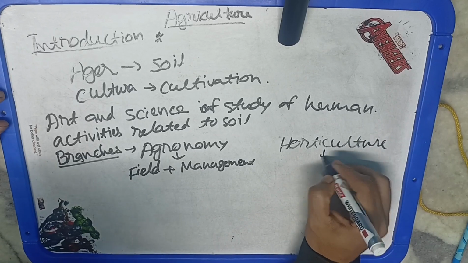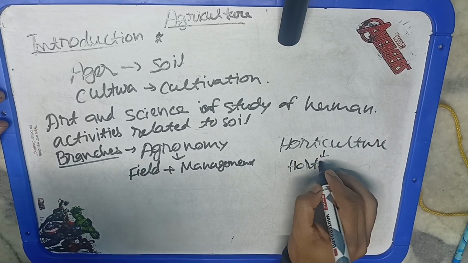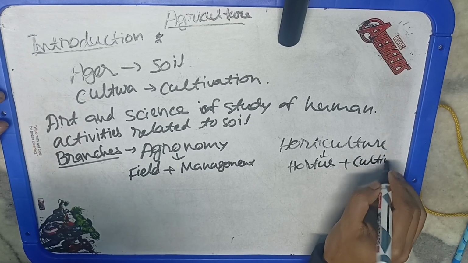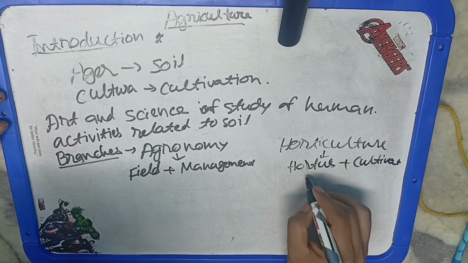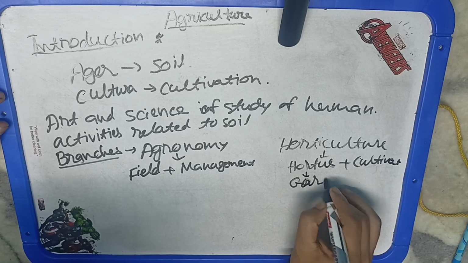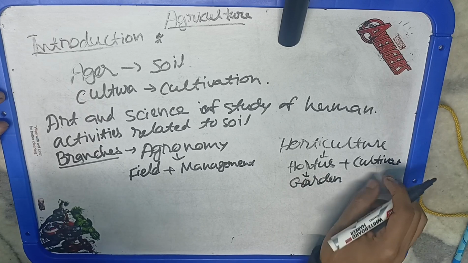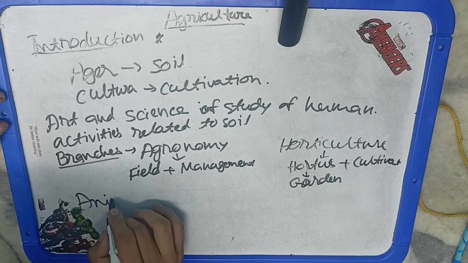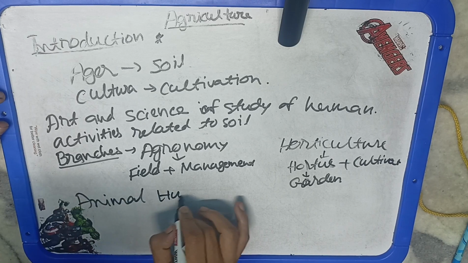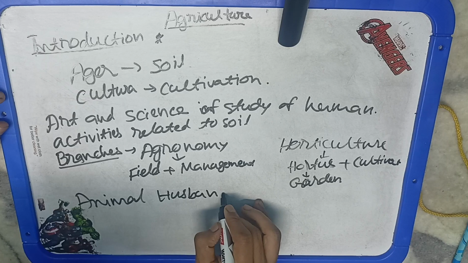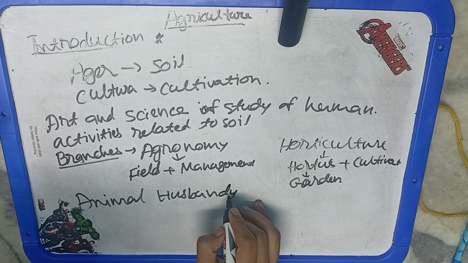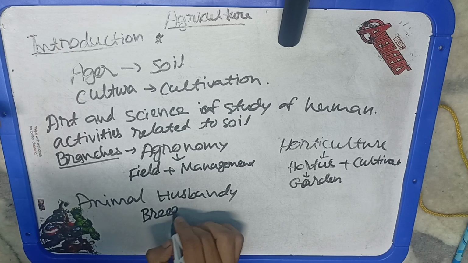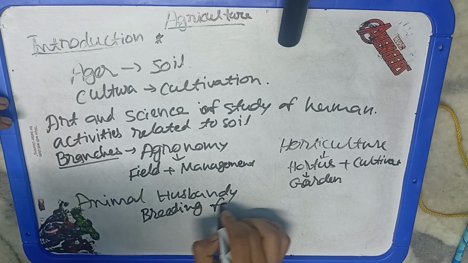Then there is horticulture. Horticulture is garden cultivation. Basically here we are interested in cultivating gardens and ornamental plants like fruits, vegetables and flowers. Then there is animal husbandry. It is the breeding, farming and care of farm animals. Now what does husbandry mean? Husbandry basically means the care we provide, a sustainable kind of care provided to farm animals, although the purpose behind this is ours, the economic purpose behind this activity. Then there is entomology. This is the study of insects. This is known as entomology.